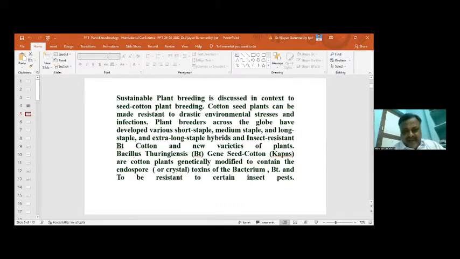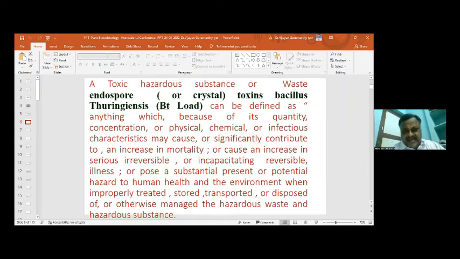So I would like to highlight that toxicological effects have taken place in the field. Not only in the field, it carries forward in the textile engineering field, the spinning field. So the toxic characteristic is a hazardous substance. That endospore toxin of Bacillus, we call it the BT load. So nearly 90% BT load is in the seed cotton, because it produces toxicological effects, harmful effects, and can be